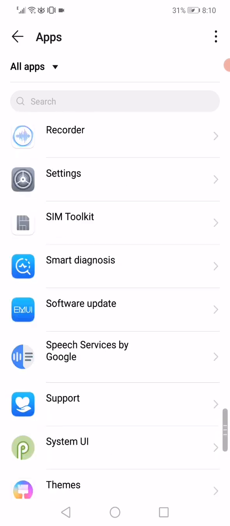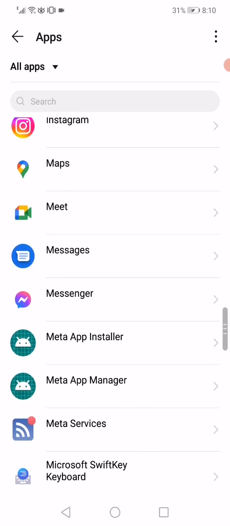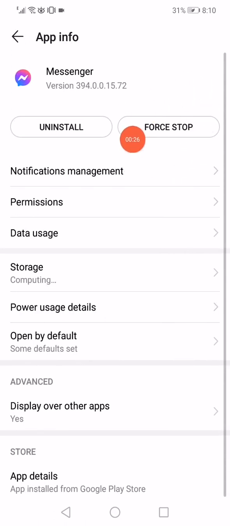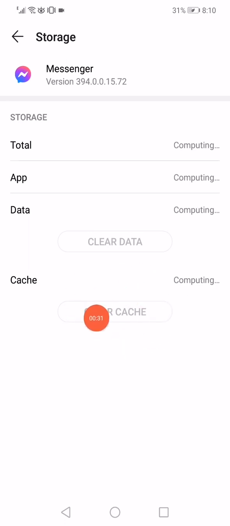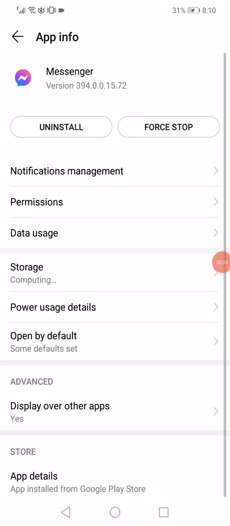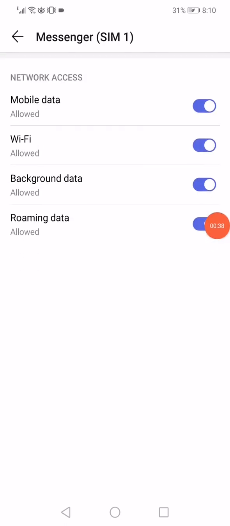Just scroll down until you find the Facebook Messenger right here and click on it like this, and then click on force stop, and after that go into the storage right here, click on clear cache and clear data. After you finish that, go back again and click on the data usage here, disable the Wi-Fi option and then